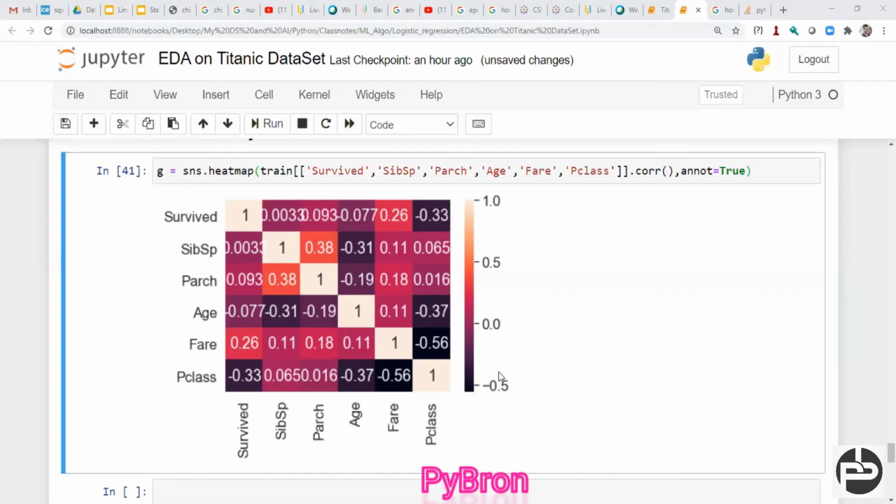Hope you understood. Now, see the red color, 0.5, right? This color, 0.38, right? 0.3. Okay, I'll make it a different color so it will be helpful for you also. If you can see this cell, Parch has a 0.38 positive relationship with SibSp. So I can say Parch and SibSp, we can consider both columns as almost the same column. I would like to highlight one thing here. This is the X, this is the Y. How is age going to increase my weight? This is your weight, this is your age basically.